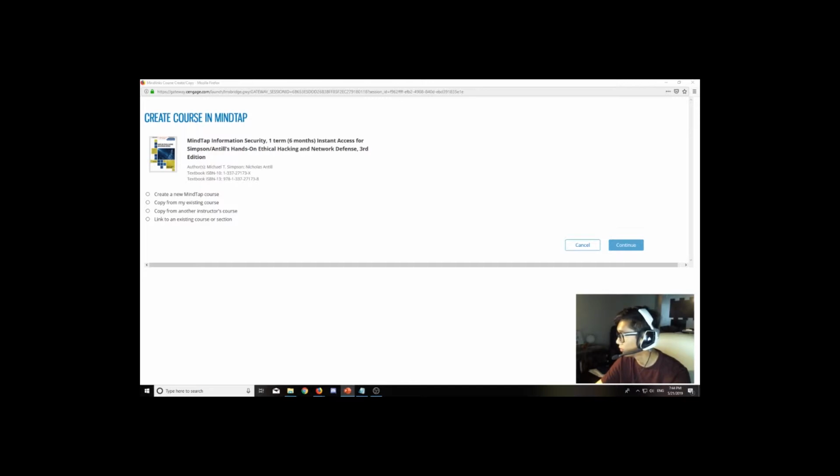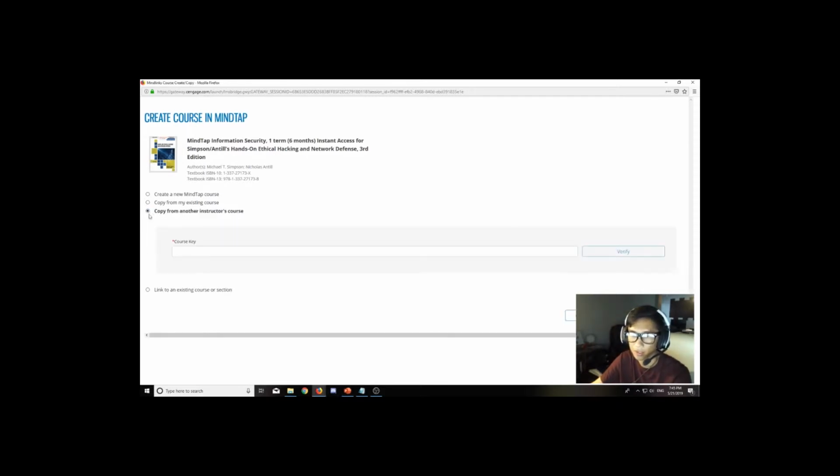So once you're done with steps 3 and 4, that's the login, you go to step 5, which is the important step. Here, you are going to make sure that you select this tab right here, copy from another instructor's course. This is because you're not actually creating a completely new one. We already built something, and that is the one you're copying over to your course. So you click copy from another instructor's course. This is where you paste the course key that you copied earlier. You click verify,